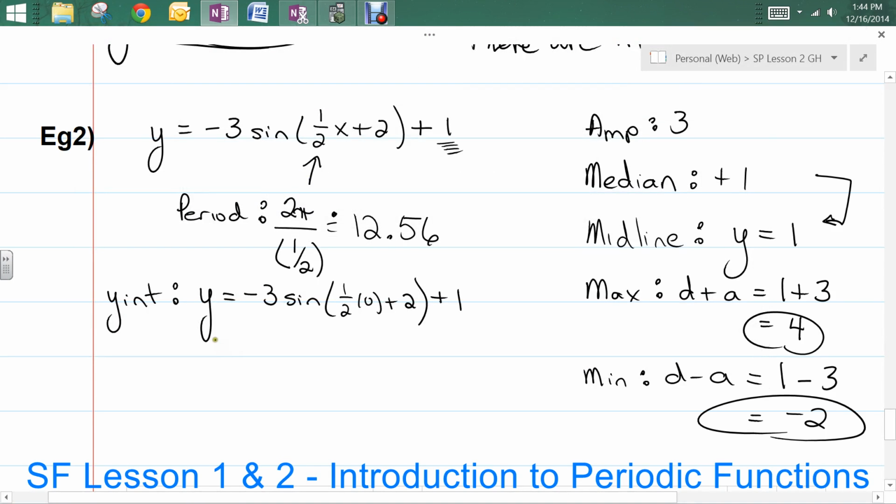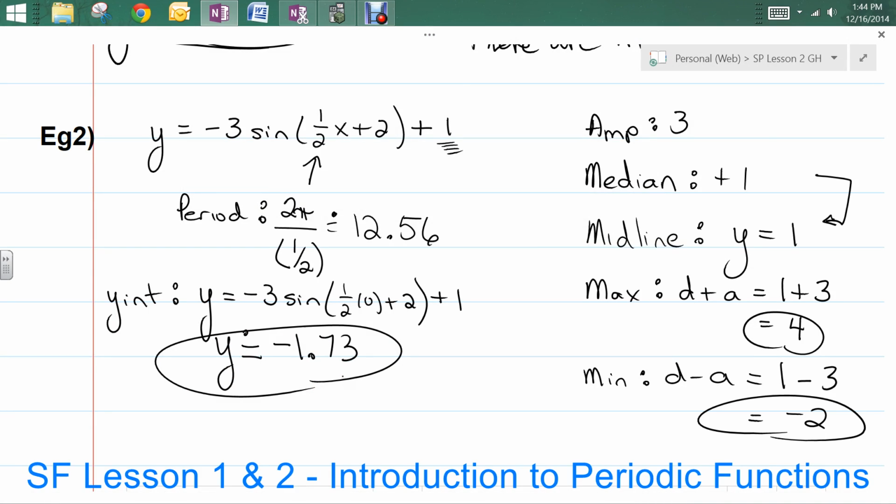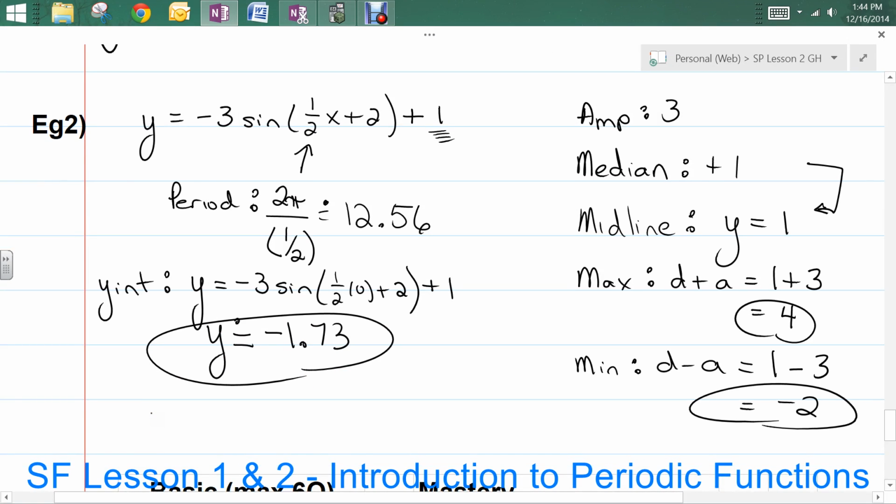Okay, so y is approximately -1.73. Okay? It may work out nicely, it may not. For the x-intercepts, this one I'm going to do. For the x-intercepts,